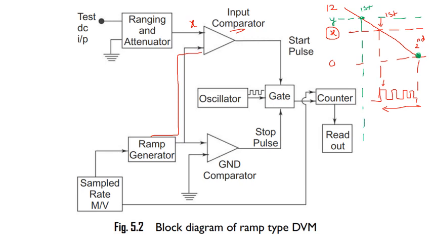So you have to measure time. I'll put dotted lines, and between this time I am going to count the pulses. As you can see here, let us say this is some t1 value and this is the t2 value. So t1 is proportional to X and t2 is proportional to Y. If you have another voltage, then it will give you a different number of pulses. So this you have to understand.